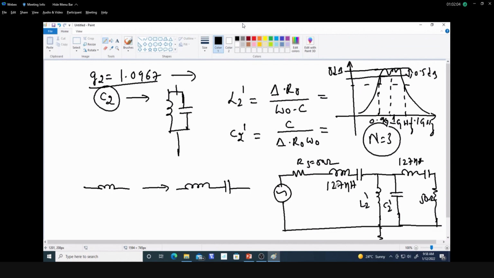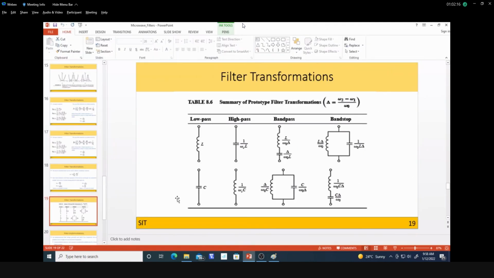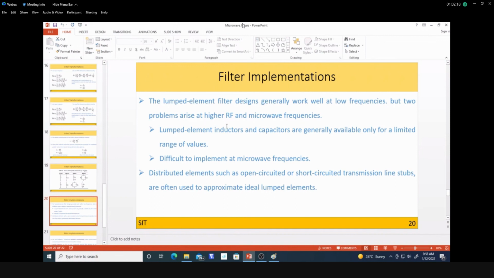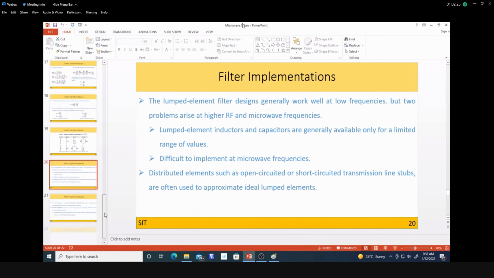So this is the response and this is the final filter circuit. Putting in the values will complete the design. So that is the band pass filter design transformation. We'll stop here and we'll do the filter implementation. Till now we have done the